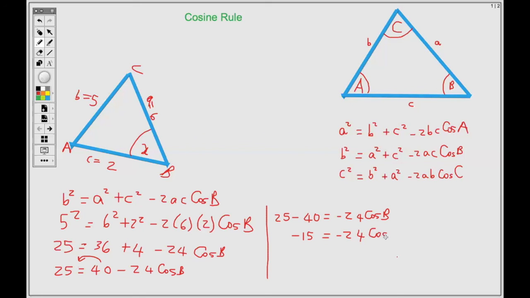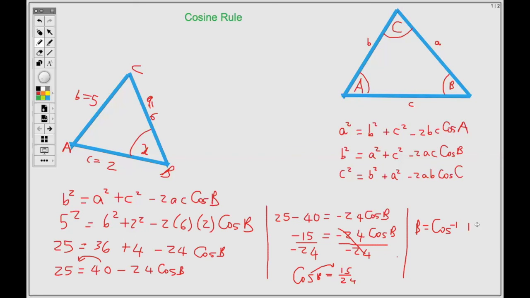Then I'll be dividing both sides by negative 24 because I'm trying to find out what is angle B. After dividing both sides by negative 24, on my right hand side, negative 24 cancels because it goes into itself one time. Now we have cos B is equal to, negative divided by negative is positive, so this is positive 15 over 24. And then to carry the cos over the equal sign, it becomes cos inverse. So B is equal to the cos inverse